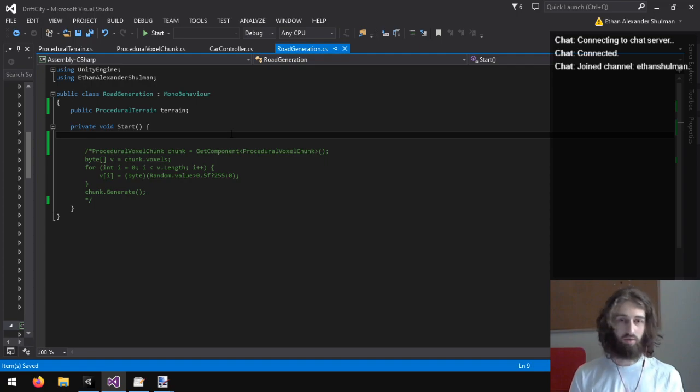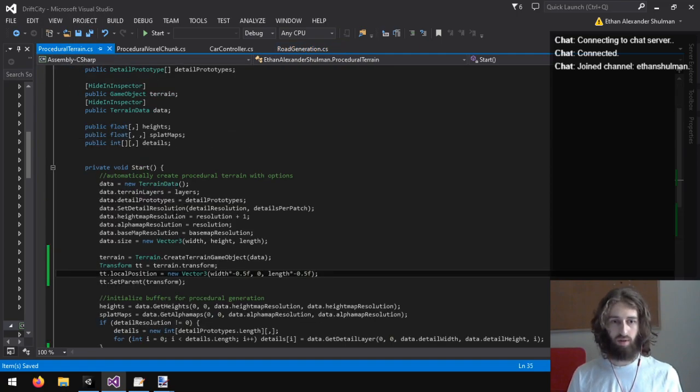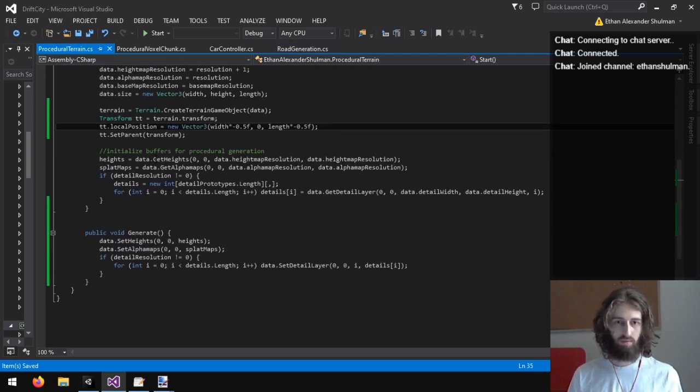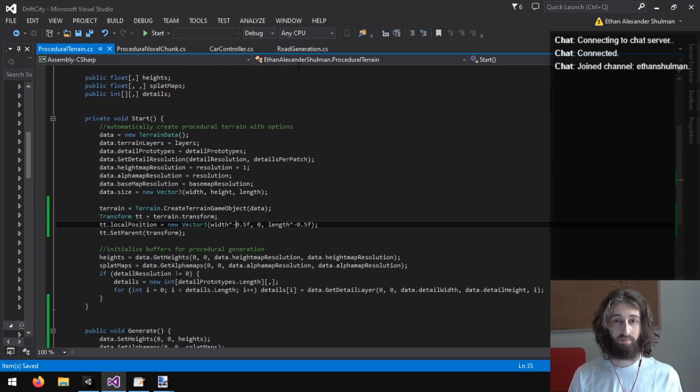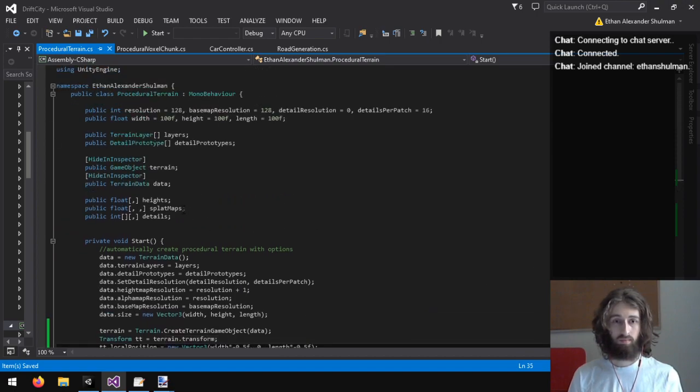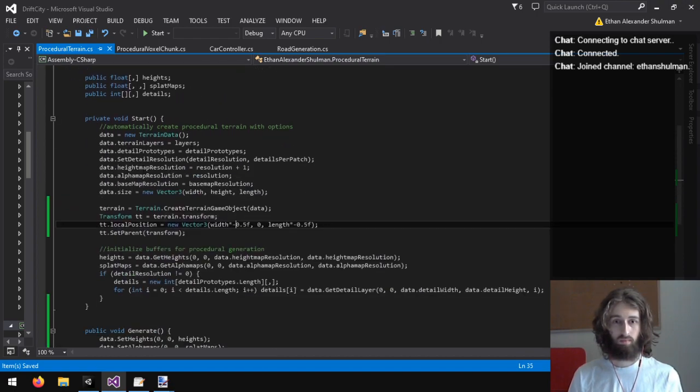So let's try adding sine waves to our terrain. I just want to make sure this generation all works. So I'm just looking.